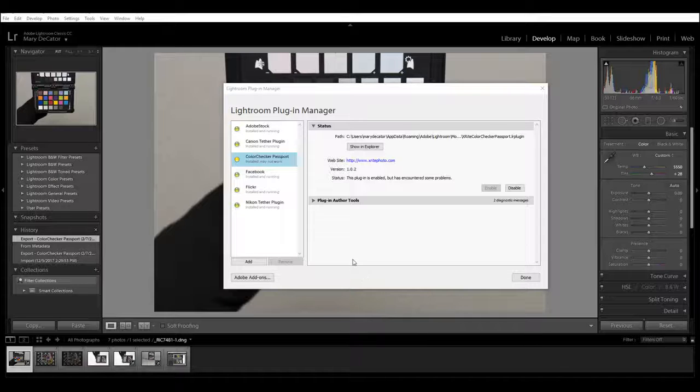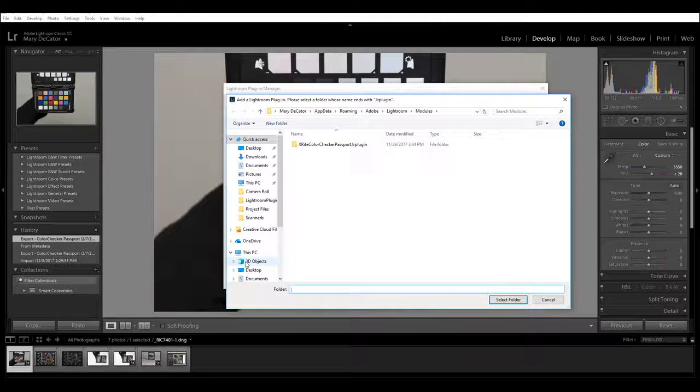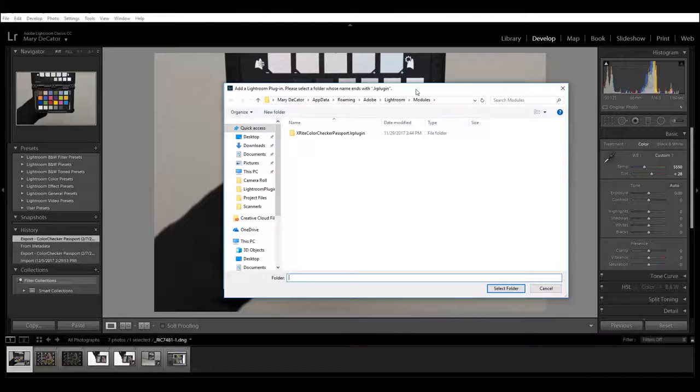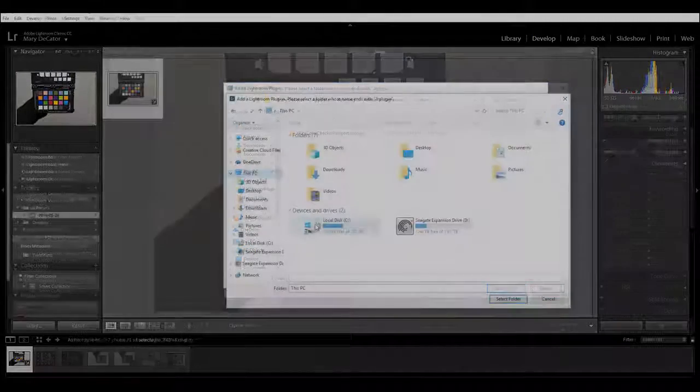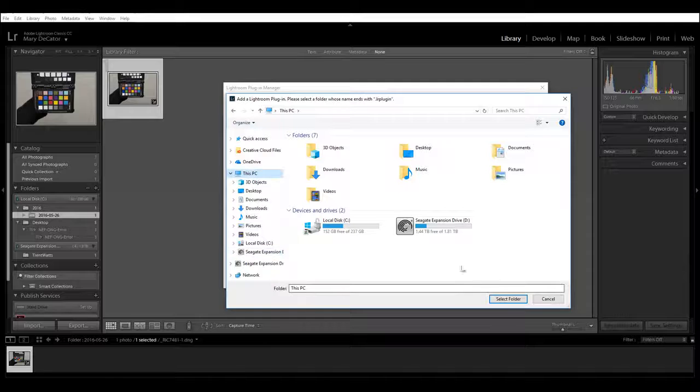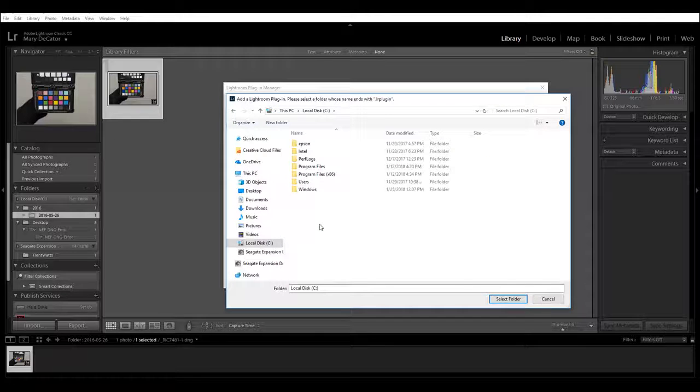Once we have the Plugin Manager open, now we're going to select the Add button at the bottom left-hand side of the window, which will open the Explorer. Here's where we can begin to navigate directly to where the plugin is stored on your PC. We're going to select your C drive, and this folder may look a little different depending on the operating system you're working on. I happen to be working on Windows 10, and I know that these views can certainly be set up differently. So go ahead and click on your C drive, and then we're going to double-click Users, your